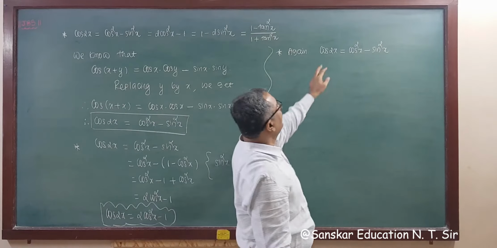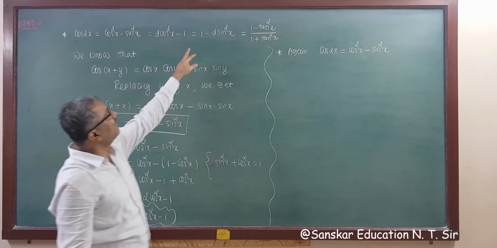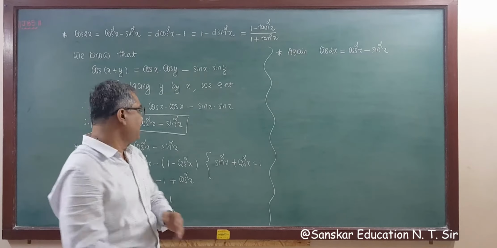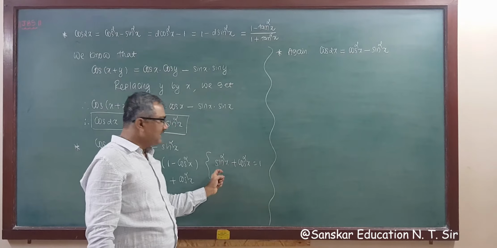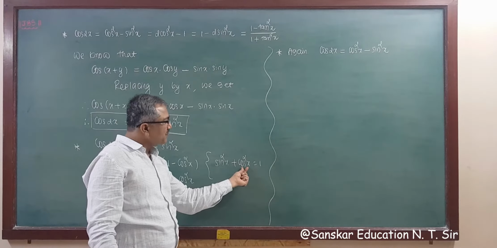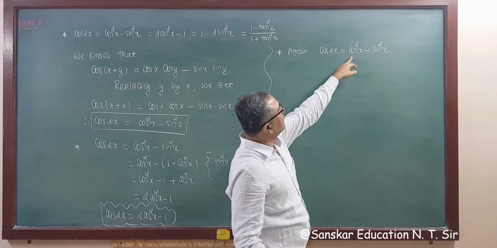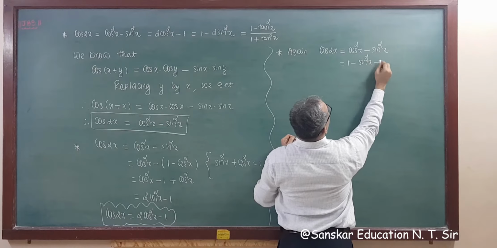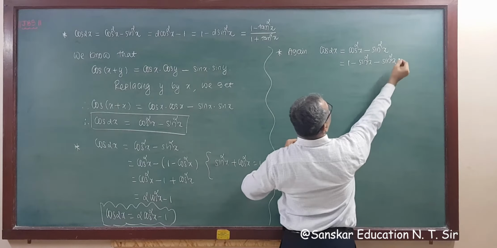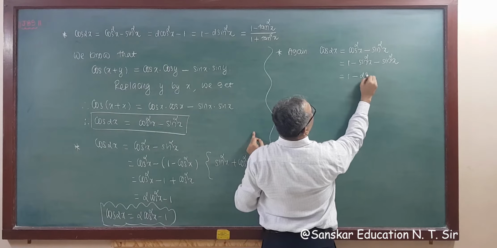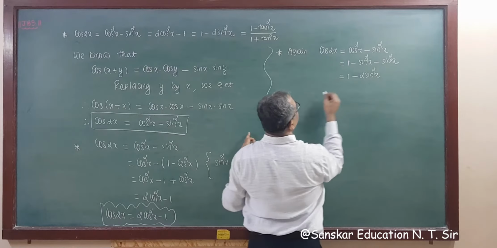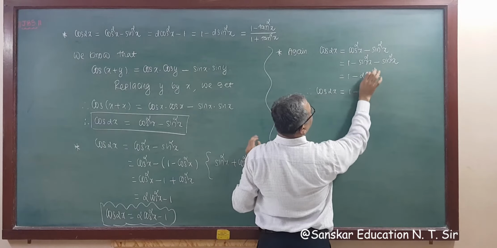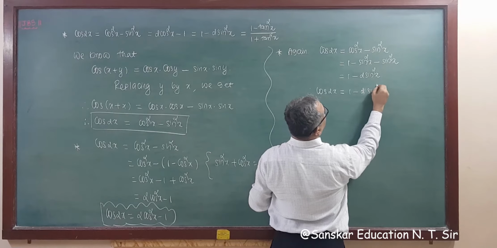And again, now the third formula we require in terms of sine. So in terms of sine means we don't require cos. If we replace cos square x, the answer is 1 minus sin square x. So I am substituting 1 minus sin square x instead of cos square x here. What we get? 1 minus sin square x minus sin square x. So this is 1 minus 2 times sin square x. That is, the third formula is cos twice x is equal to 1 minus 2 sin square x.